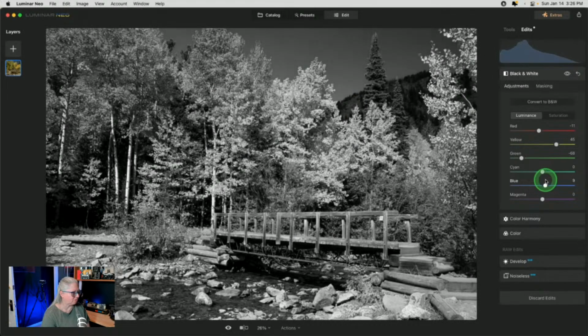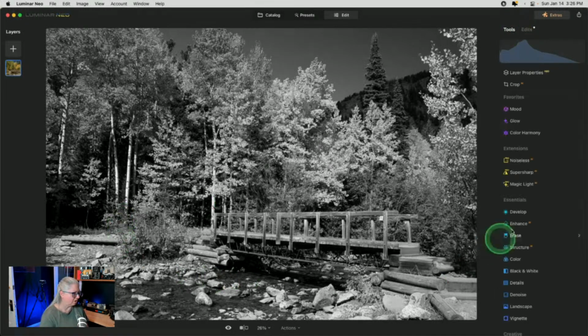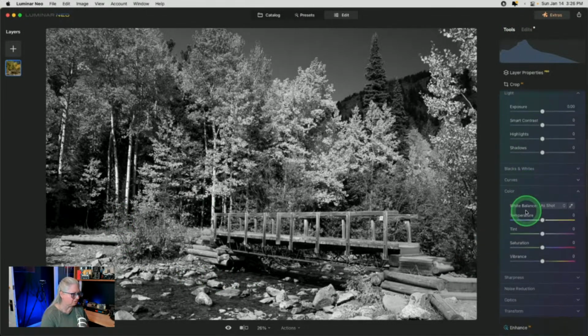There we go. Somewhere in there. I'm just looking for contrast, maximum contrast. Right? And what I would do on this one is, the foreground is really bright. So I would do develop,